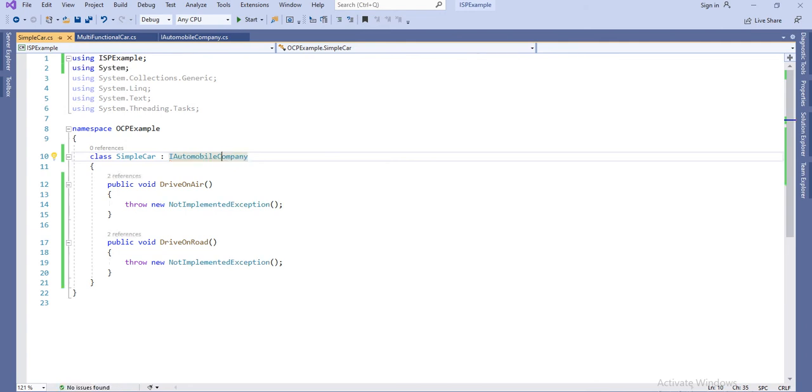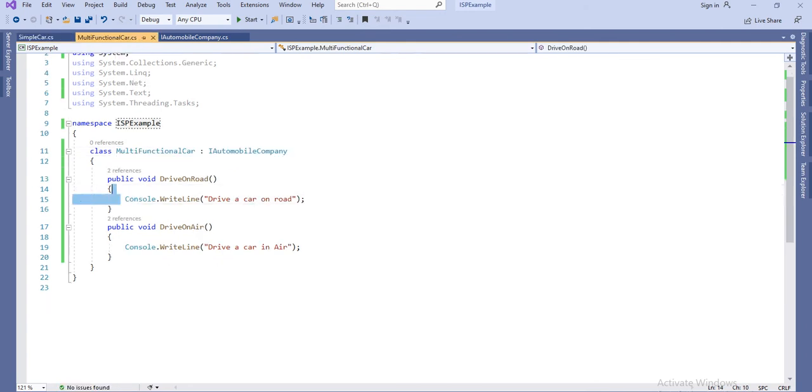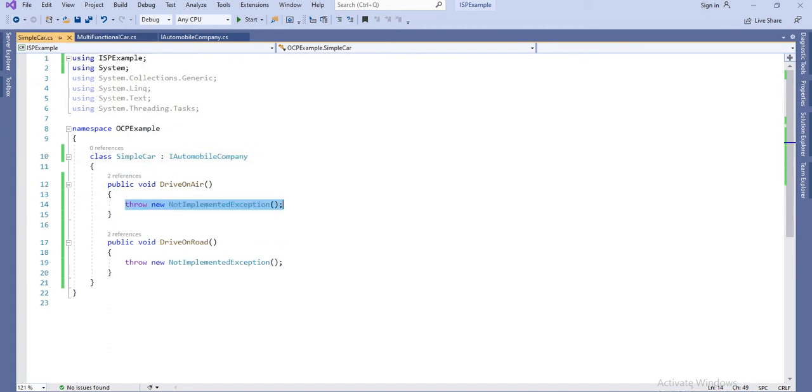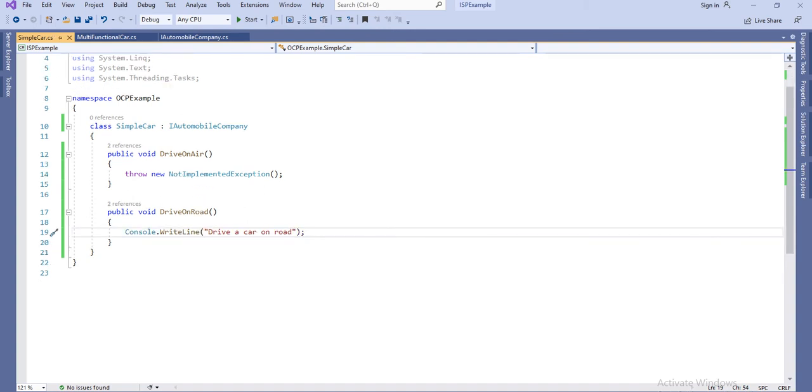This normal car contains the functionality to drive on the road, but it does not contain the functionality to drive in the air. So what happens here is it will throw an exception when I access this particular function.